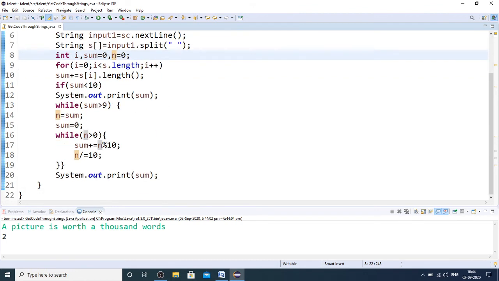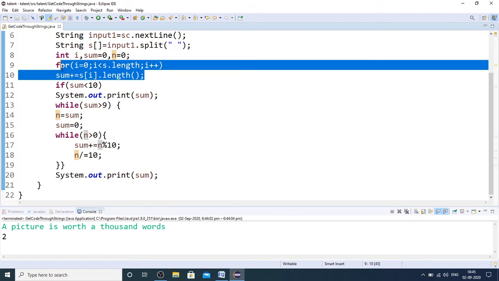And coming to the code, here you can see I am running this particular for loop in order to find the total sum value. This particular block is to find the total length of the given string, that is the sum of the word lengths.